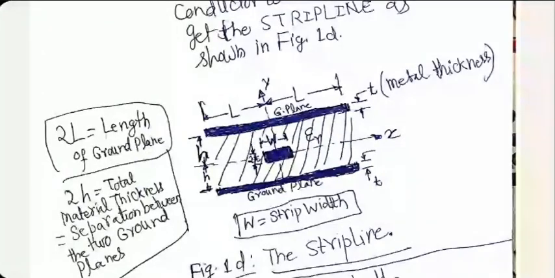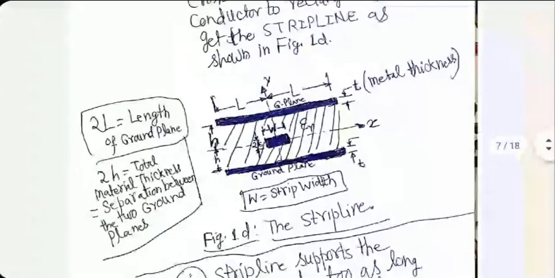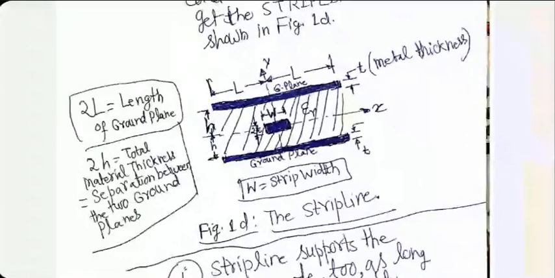With that, and by the way, all that is approximate, because ideally speaking, the length of the conductors, which are called ground planes, because we normally ground them, and the central conductor is normally kept connected to the live signal. This is the way we work most of the time. So the outer conductors, which are grounded, ideally should have infinite length. In practice, that's not possible. So as long as the length is large enough, let's say 2 lambda, let's say more than 5 lambda or so, you will get almost a TEM mode in a strip line.